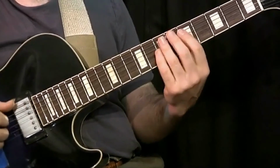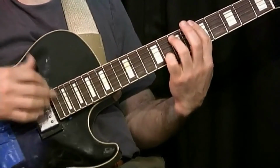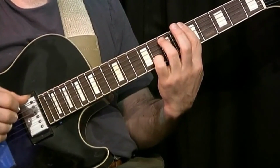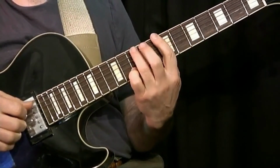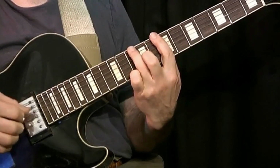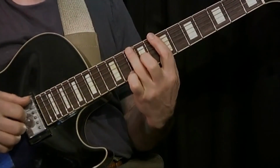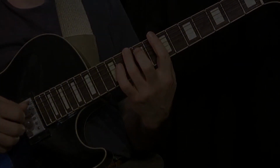So putting it all together, and with the backbeat, for the next movement, I slide the entire fingering up, and I immediately grab with my 3rd finger the D on the 6th string 10th fret,